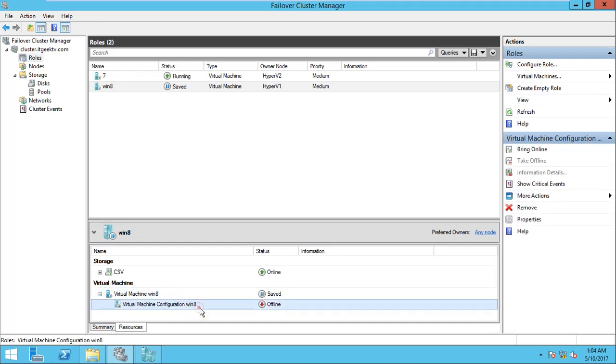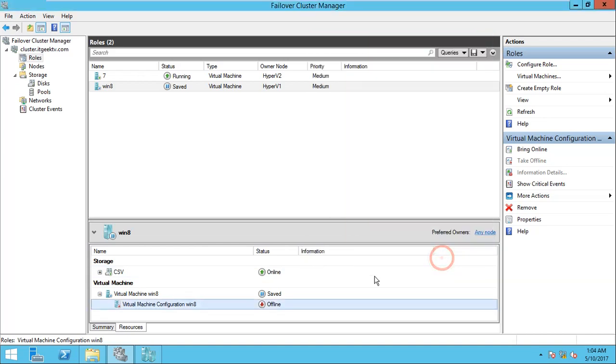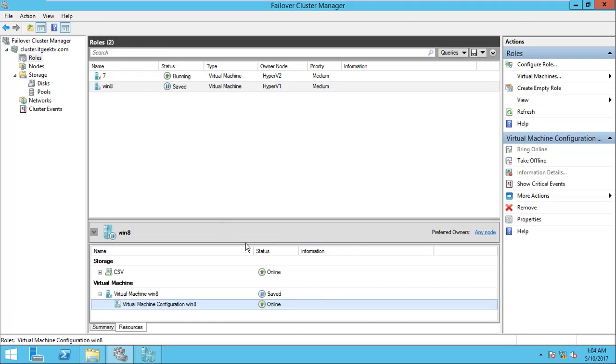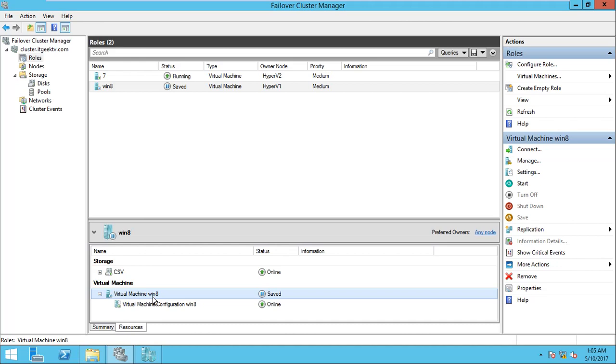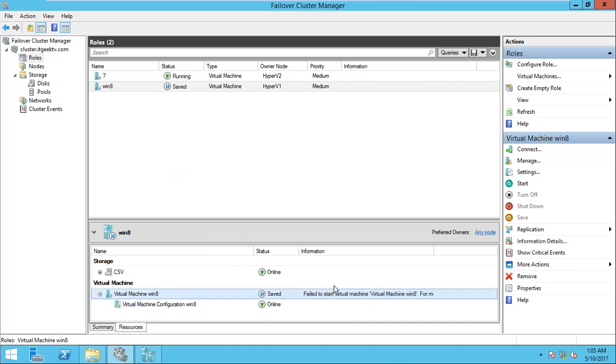For the configuration file, I have selected that any Hyper-V host can host it. So whenever I bring it online, it will certainly come online, but the virtual machine will remain in the safe state. If I start it, I'll get an error.